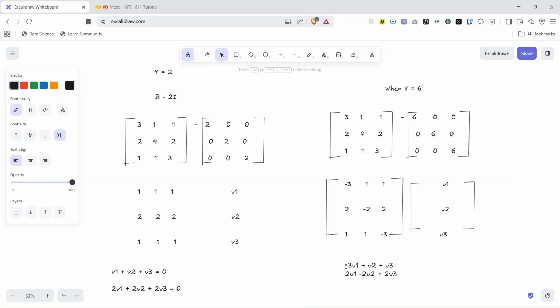Then the third equation is V1 plus V2 minus 3V3. Everything equals 0. So now that we have done this,